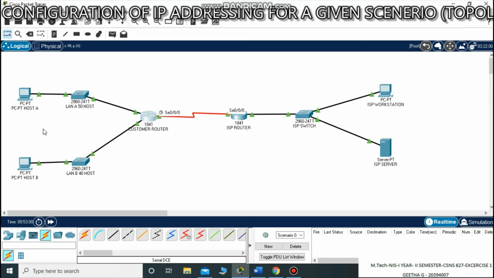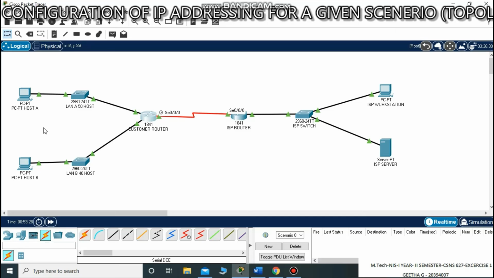So with this we can find whether the IP address has been configured or not with any topology, that is bus, star, mesh, ring or grid, and whether the host devices have been connected to the workstations and the servers without any problem or not.